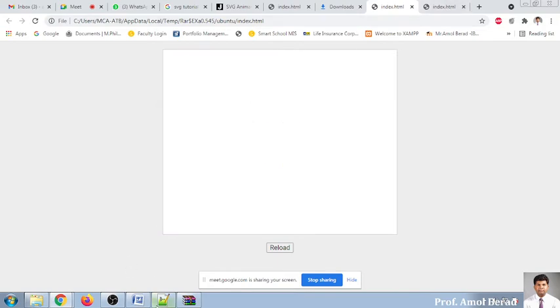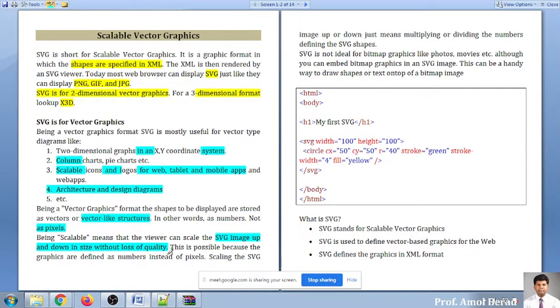This is possible because the graphics define numbers instead of pixels, and scaling SVG images up and down just means multiplying or dividing the numbers defined by the SVG shapes. So you are not working with pixels, but with numbers, and those numbers help you zoom in and zoom out the images.